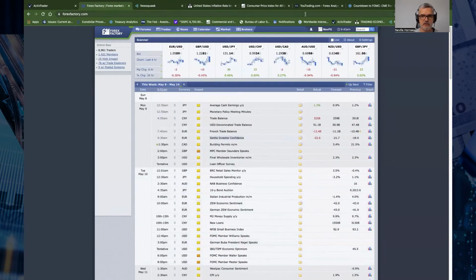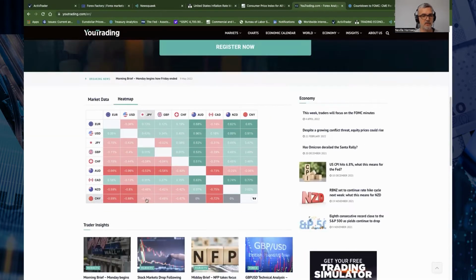So if we just go to the YouTrading.com heat map, we can see that the morning session in London has started risk off. We've got red in the bottom left-hand corner, green in the top right-hand corner. The CAD is bucking the trend in the commodity pairs. So we'll talk about that in a second, but essentially risk off. So we're expecting to see equities continue their down move as we saw from Friday and into the open today. So I'm not expecting equities to bounce at all, just looking for further downside moves.